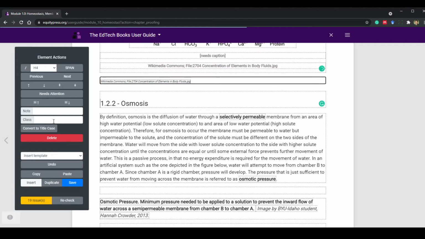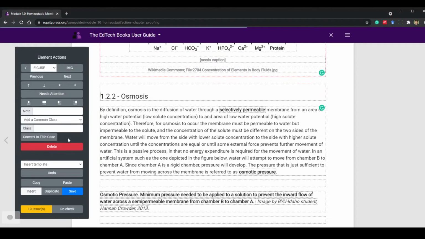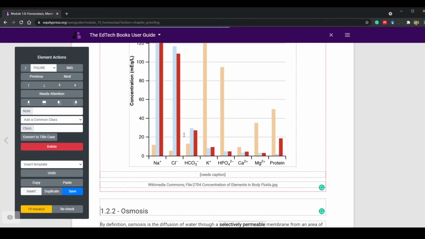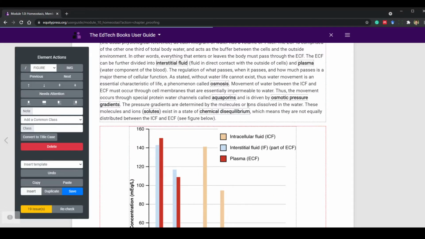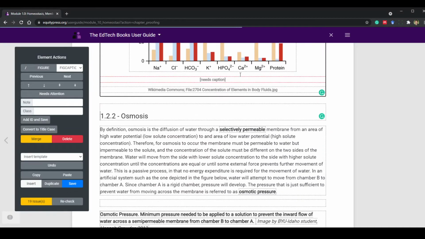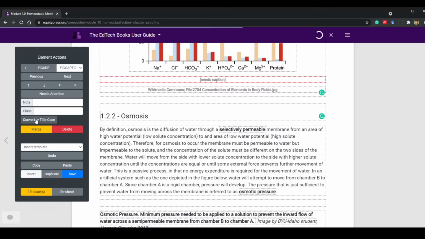Okay, so I'm gonna just delete this H4 element, so that's looking kind of the way that I want. You can also do a lot of other editing things within the proofing tool. So in this case, since I know that I need the caption here, I can do a couple of things to remind myself of that. I can leave a comment, but in order to leave a comment, an element has to have an ID. So first I just need to click the Add ID and Save